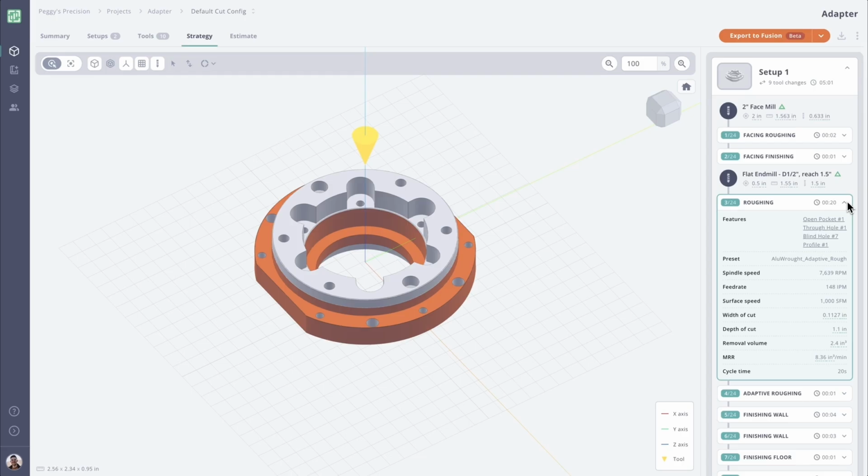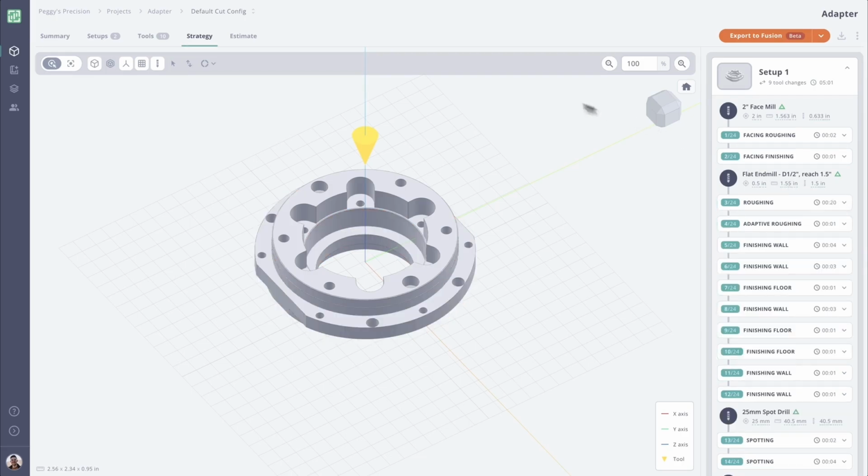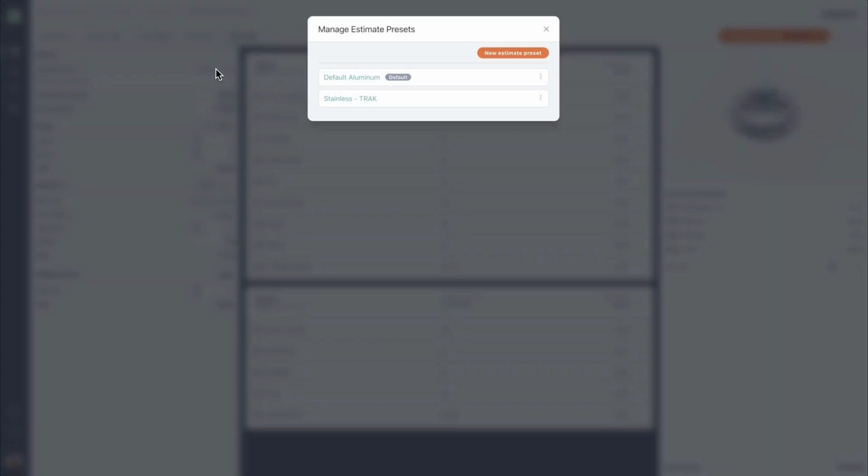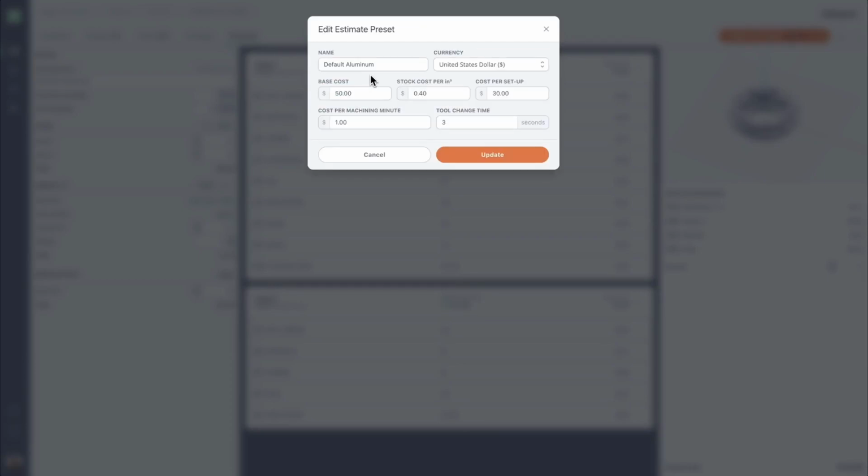The last question to answer is, how much is this part going to cost me? And that can be answered by jumping to the Estimate tab, where we get a breakdown of costs for each setup and operation. These costs are fully editable based on your shop rate and can be saved as an estimate